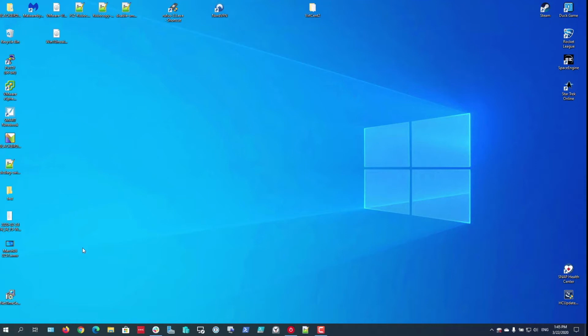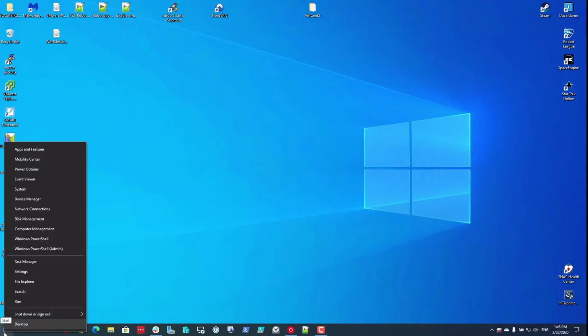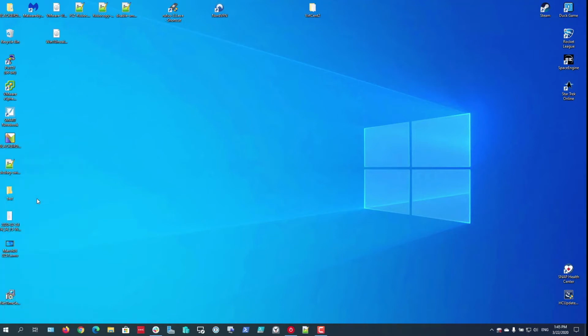The first thing you want to do if your camera and microphone stop working, just give your computer a quick reboot. That's the easiest and hopefully fastest thing you can do. If that doesn't help, you want to right click on the start button, then find Device Manager,